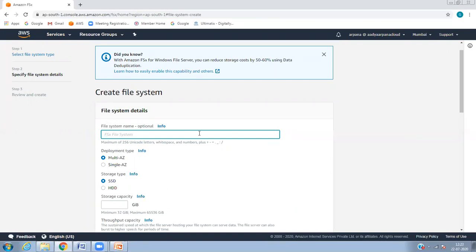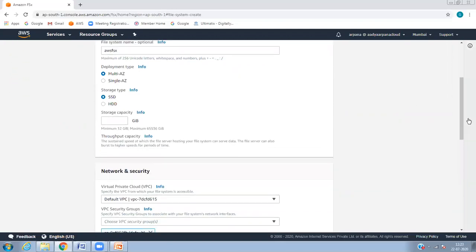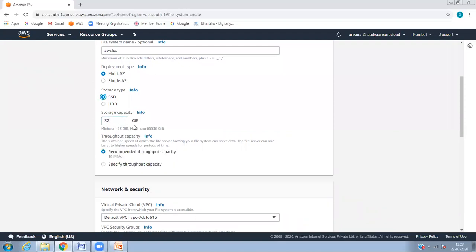For the file system name, we can call it AWS FSX. For deployment type, choose multi-AZ. You know multi-AZ, right? Multi-AZ you can select, and the minimum is 32 and the maximum is 65,073 gigabytes.